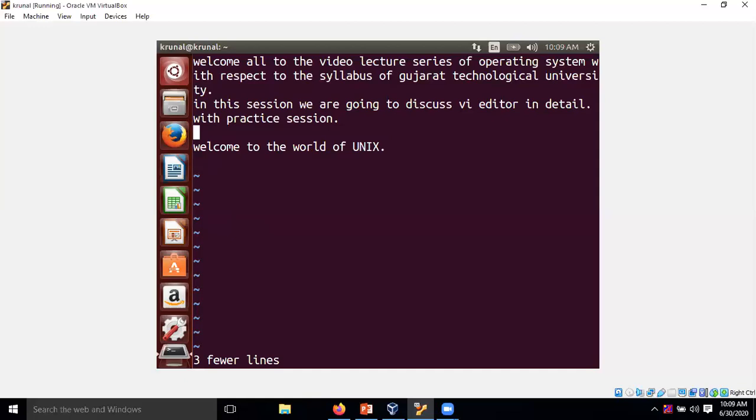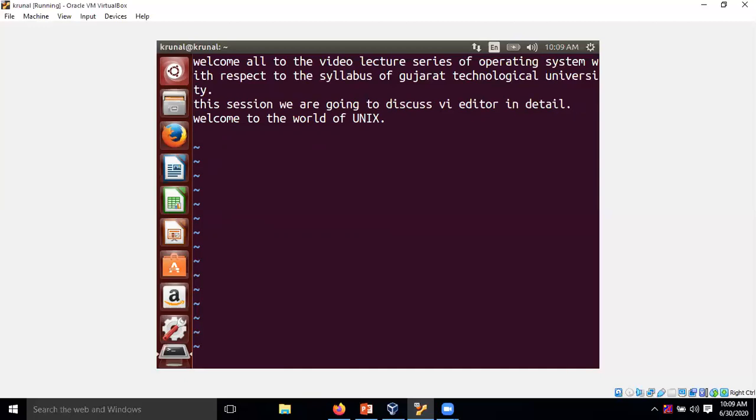Suppose I want to delete a word, not a line. One more option we have is that I will simply use dw. dw means what? "In" was there, but it is deleted. You can see undo, "in" is here.